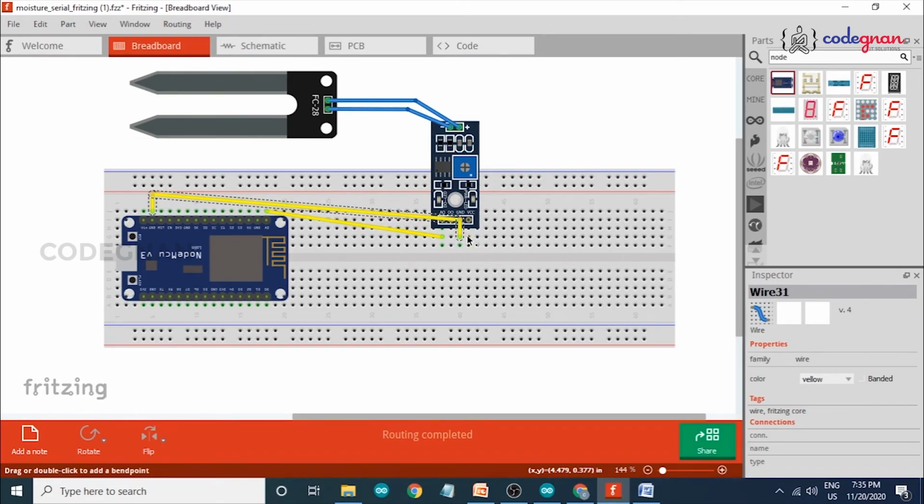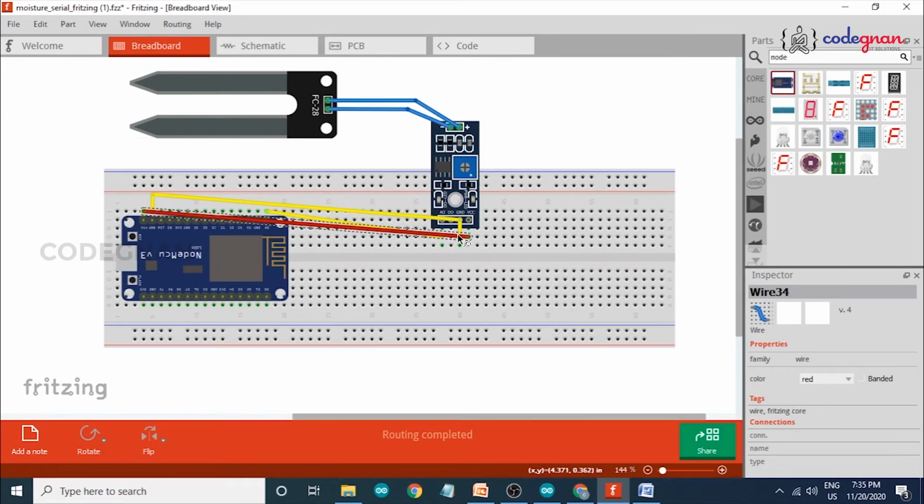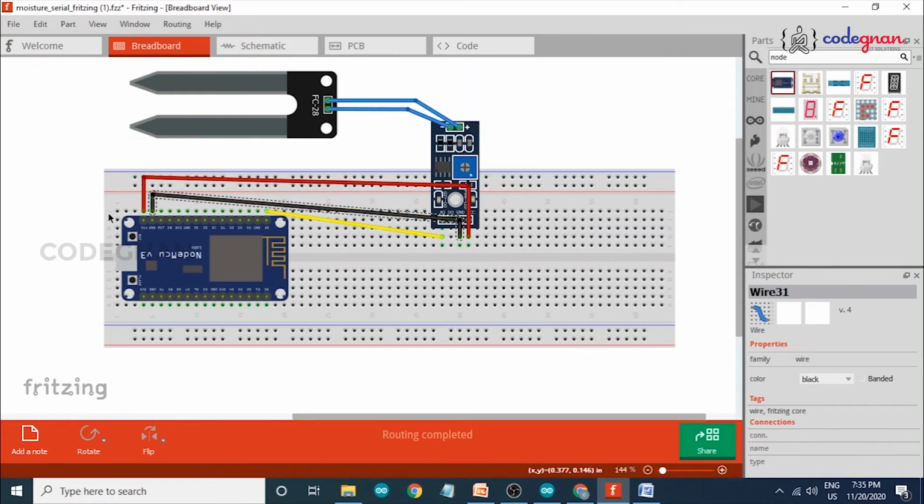Now connect the VCC pin with VIN of the NodeMCU. So these are our connections: VCC to VIN, ground to ground, and analog out to A0 of our NodeMCU. This is how we can connect the NodeMCU with the soil moisture sensor.